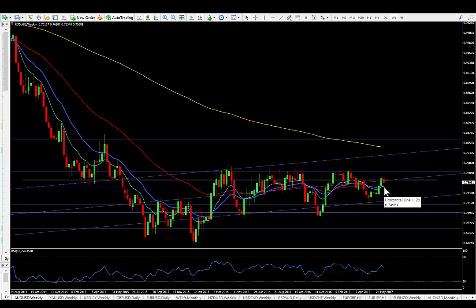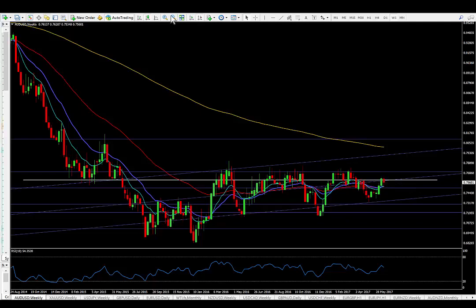Now we will have a closer look at that, but I just wanted you to take note again about the fact that this 76 level is of some importance, because this is where we found price rested very well and found good level of support and actually pushed away pretty strongly from it. Certainly these would have been going on for a few weeks, so that would have been a decent little bit of an uptrend that you might have been able to make use of on a smaller time frame like the hourly or the 4 hour. But this is certainly the level that we need to get through, and of course then we're faced with the next level, which is the key point for me, which is 0.77.